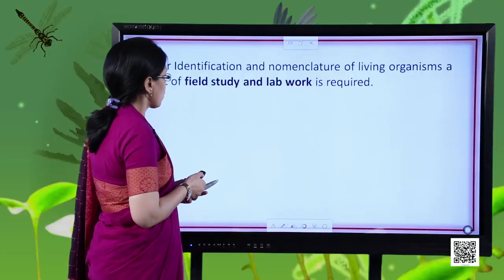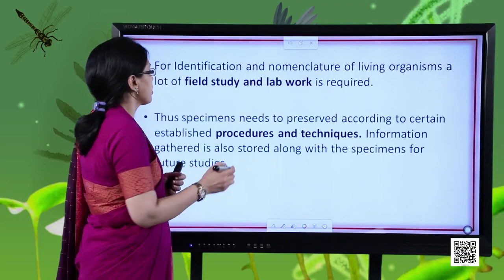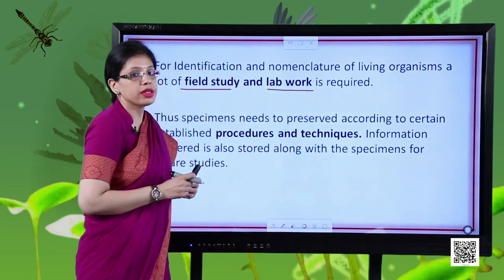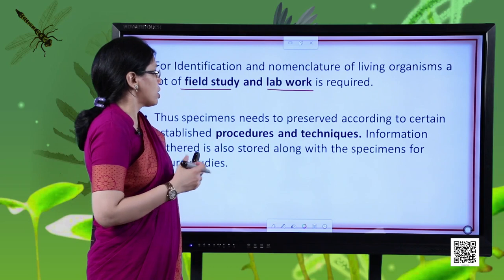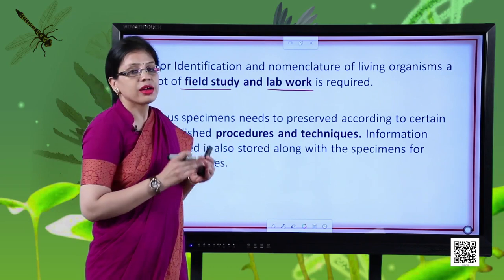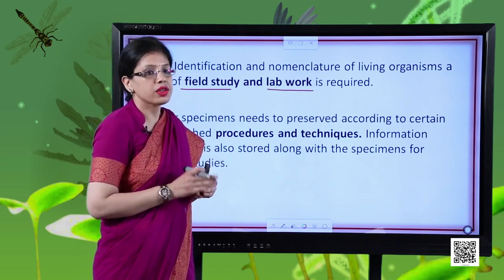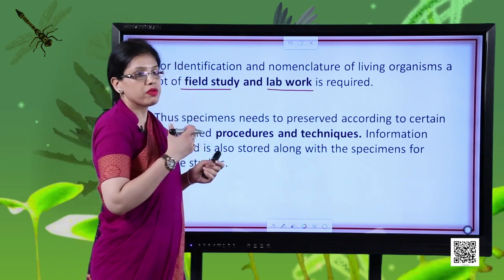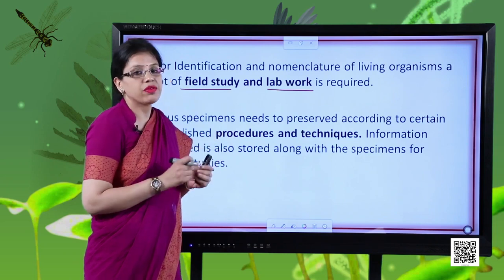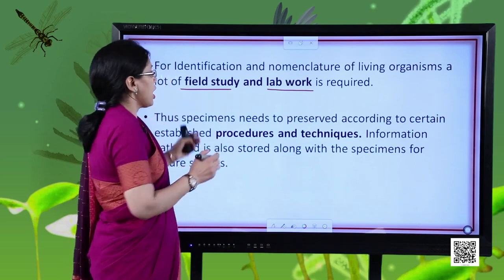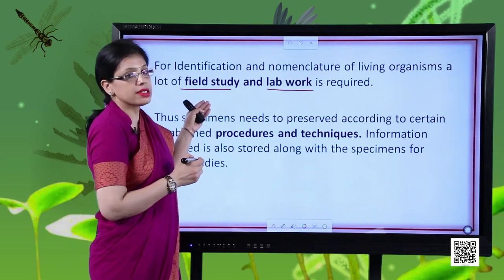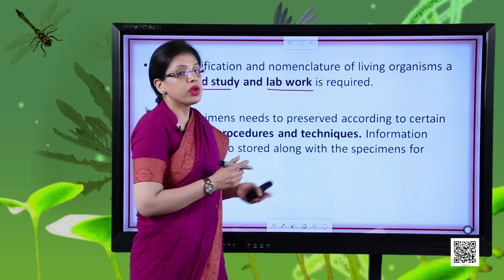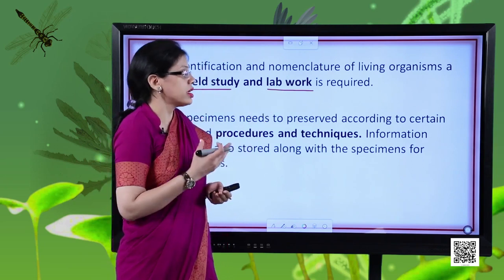Then talking about taxonomy, whenever we have to do taxonomy, we need to do a lot of field study, and of course a lot of lab work is also required. If any scientist wants to go for taxonomy, correct classification and identification is very important. And for that we need to do a lot of field study. In field study we will be going in the field, we will be collecting different type of plants and animal specimen, and with the help of the field study, we can study their external features. After that we will also go for the lab work, in which we can study the internal structures